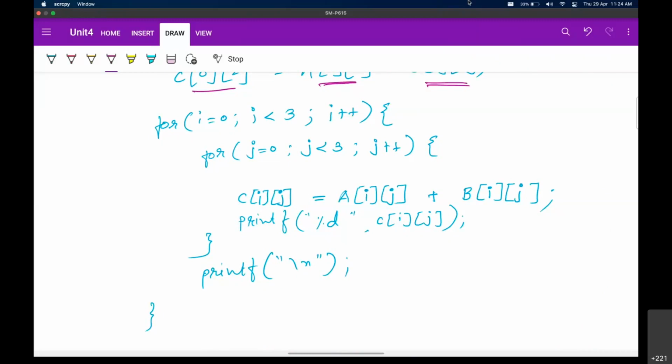But before we conclude this session, I'll give you one question, one task. What if I want to perform matrix multiplication? What should be the probable code that you have to try before you come to the next lecture? Before you come to the next lecture, you try out what should be the code to have a matrix multiplication.